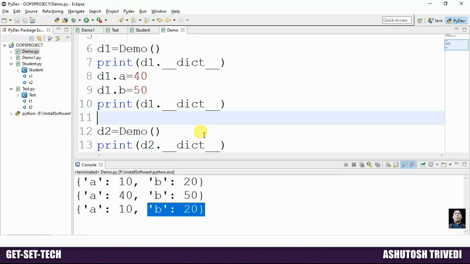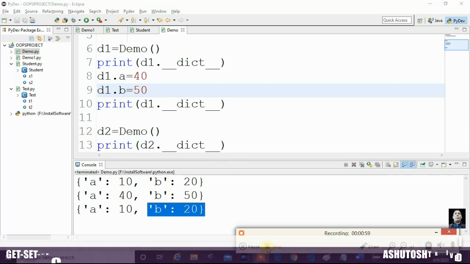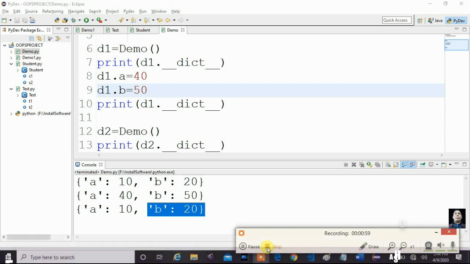So remember this point. If you try to modify one object's instance variable information, that information will not be reflected to other objects of a class. I hope you understand. Thank you.